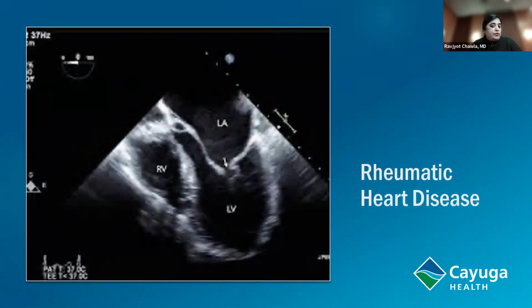a test we do to screen for disease. What we see here is a mitral valve that is affected by rheumatic heart disease. This is a particular interest of mine, that women who have rheumatic disease, mitral valve prolapse, they generally present with chest pain, palpitations, shortness of breath. I would like to see more of them. So if you have any of these conditions and would like to come here and see me, I am happy to